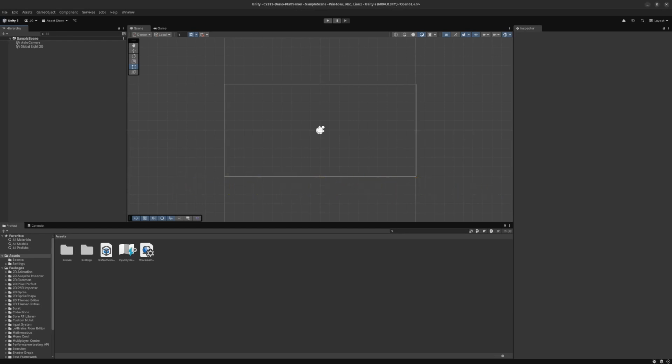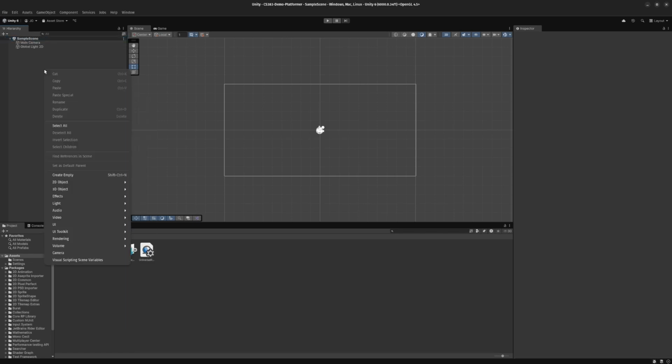I will be doing some of the fundamentals of this platformer here, the minimum viable product. So the first thing that we need is a player and a floor. So in your sample scene over here, this is called the hierarchy, this area over here, right click, then you're